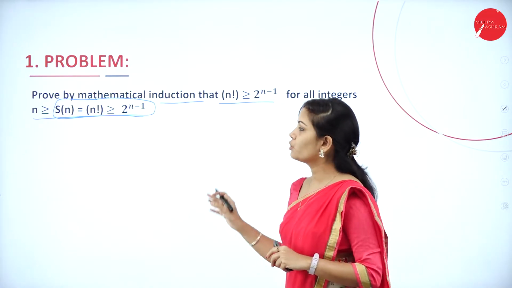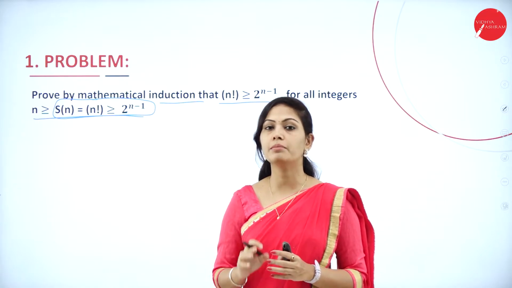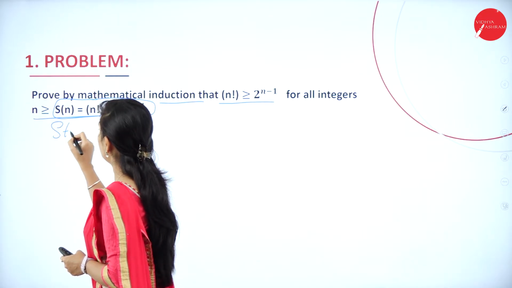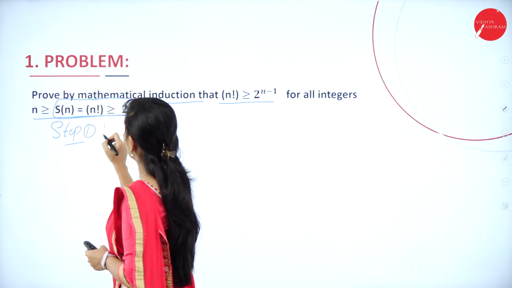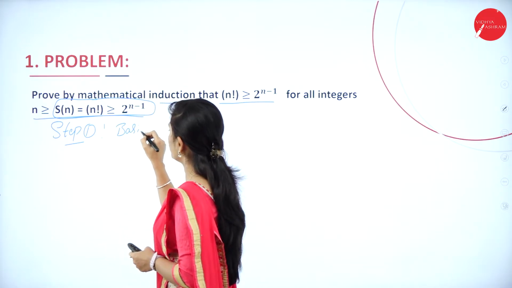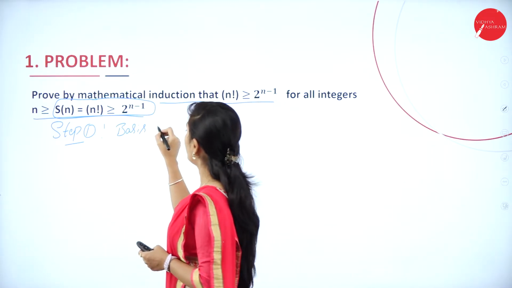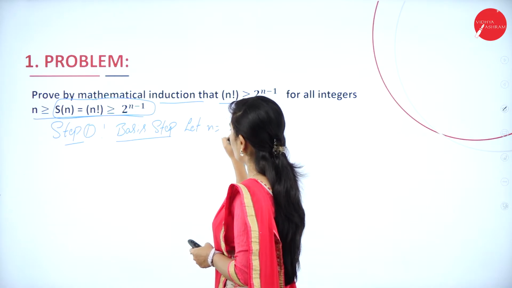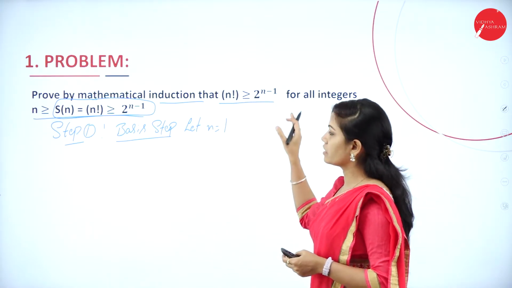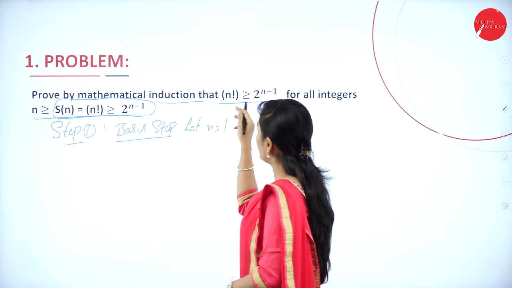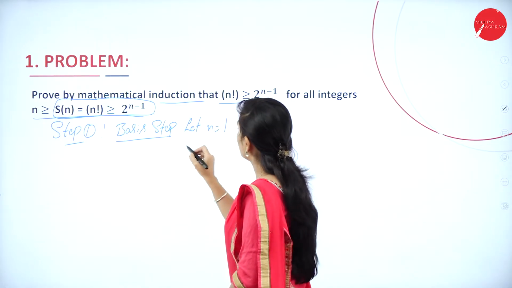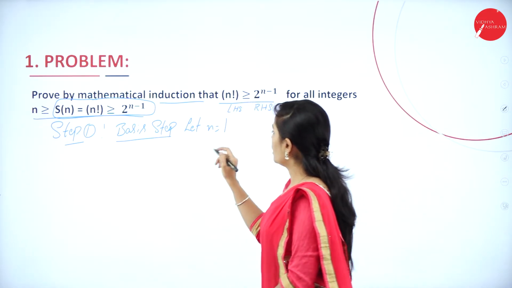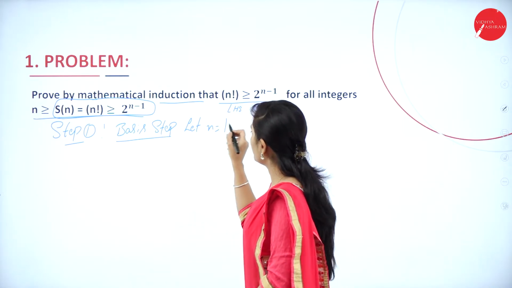So here we have to use two methods in mathematical induction. Step 1 is the basis step, that is the basic case. In the basis step, we have to prove that for n equals 1, LHS is equal to RHS. So here I'll substitute the value of n. This is LHS and this is RHS. Clear? Now I will substitute the value of n, n is equal to 1.